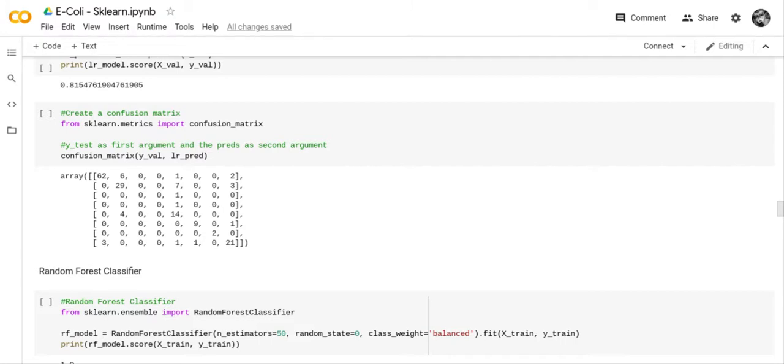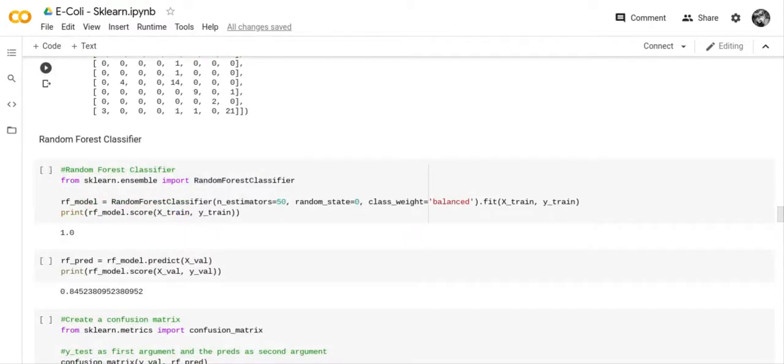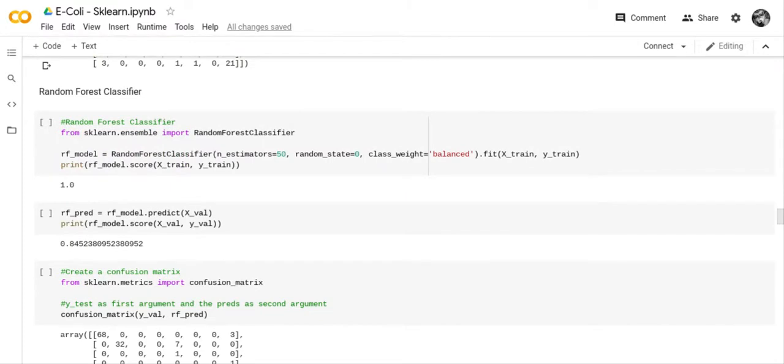And that's important to do because you can see over here 0, 1, 2. Number 2, we don't have anything, and number 3, we don't have anything. So logistic regression did not pick up the class imbalance, even though we set it up with stratify equals yes, and the class weight equals balanced. So now what we did was we checked our random forest classifier,